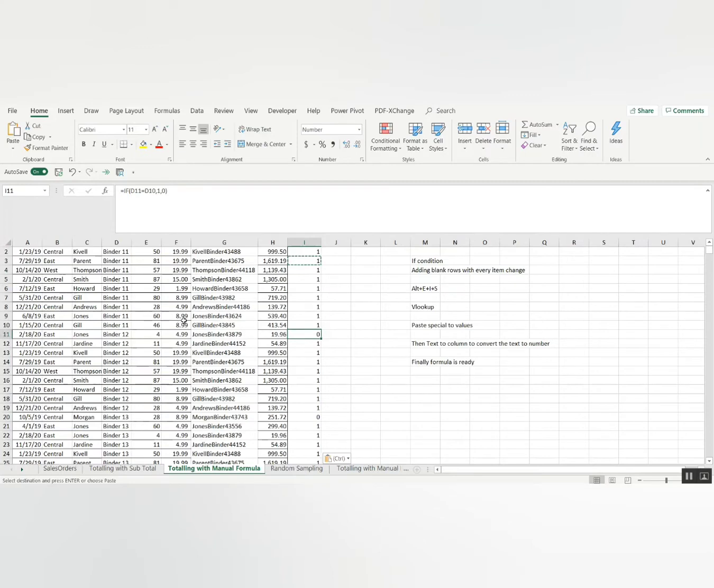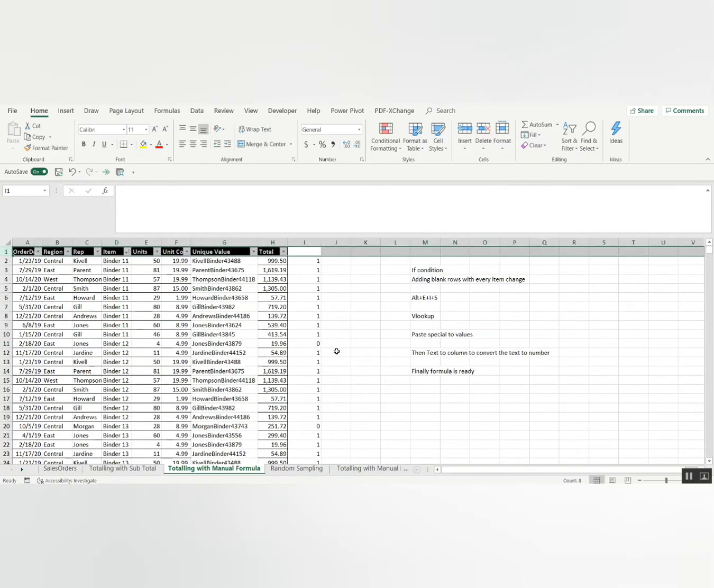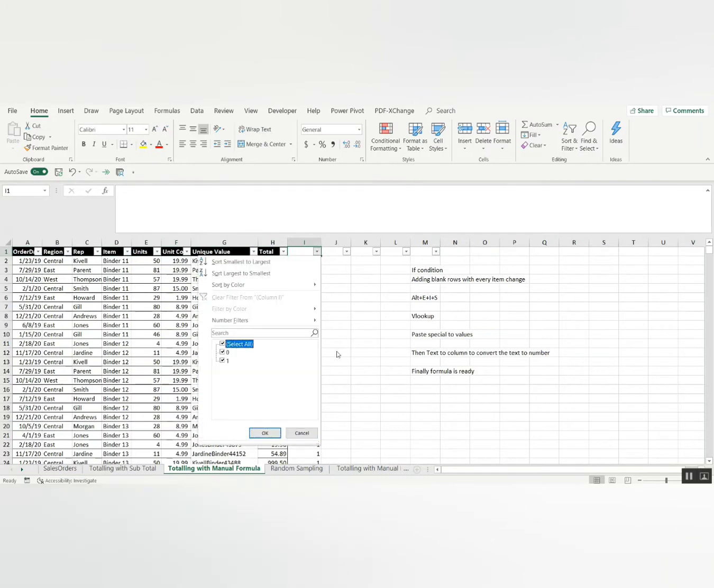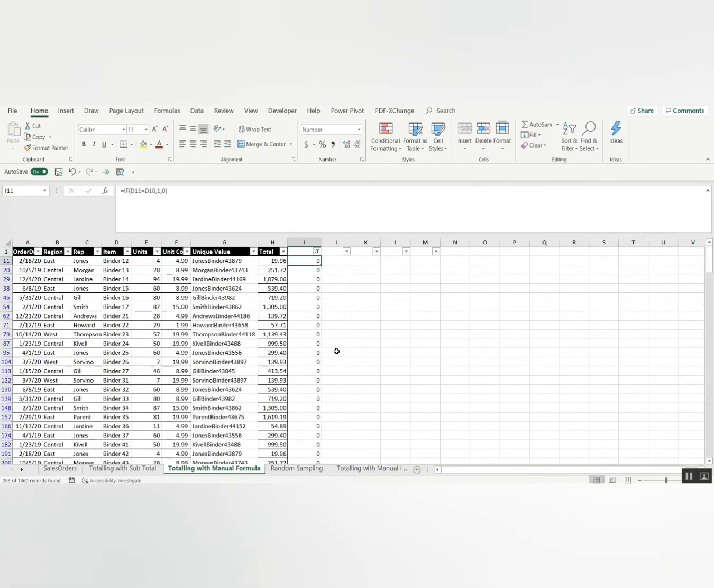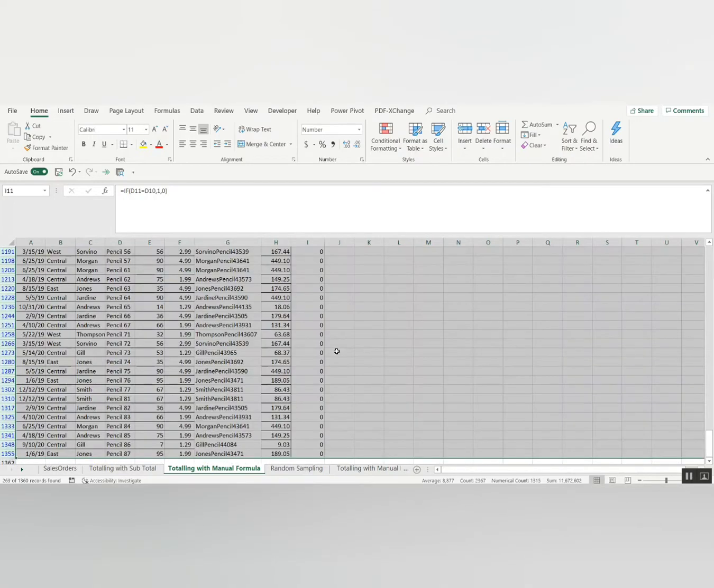See here both are not equal. Here D11 and D10 are not equal, so that's why it is giving 0. Okay, now what I'll do is I'll filter here by zeros. Okay, and I'll select the entire row till down. I'll select